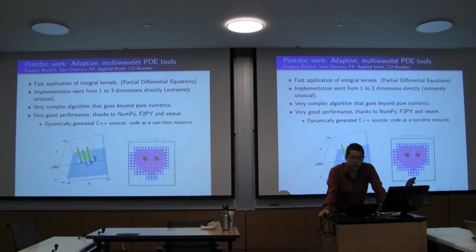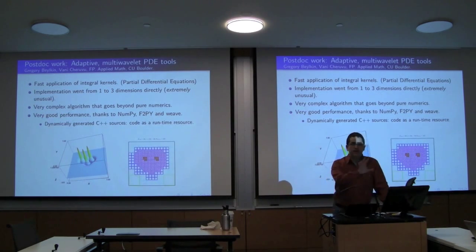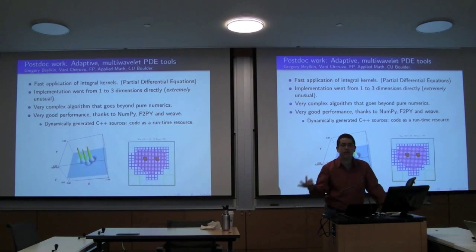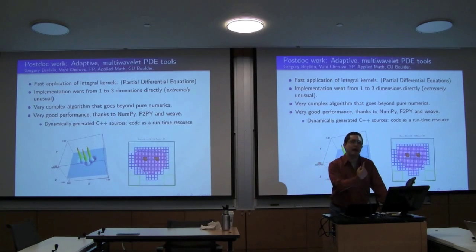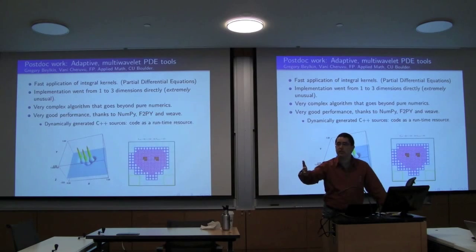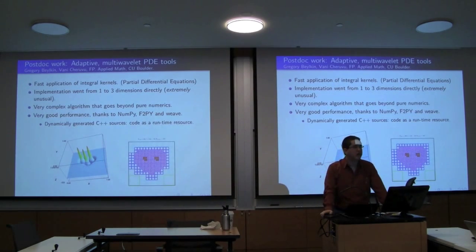With this project, we were able to get the prototype working in one dimension, and once I got the data structures right and was able to understand how to generate and abstract out the problem, I got the 3D code working. And when I went to talk to my boss, he said, you need to benchmark it against the FMM papers, we went looking, and there were no public benchmarks of the 3D version. So I had to backtrack down to 2D, because the FMM work had only been published in 2D, and the 2D code took a long time, and the 3D code never came out,